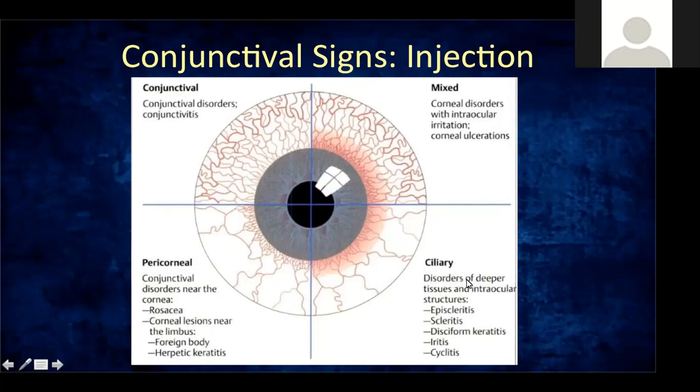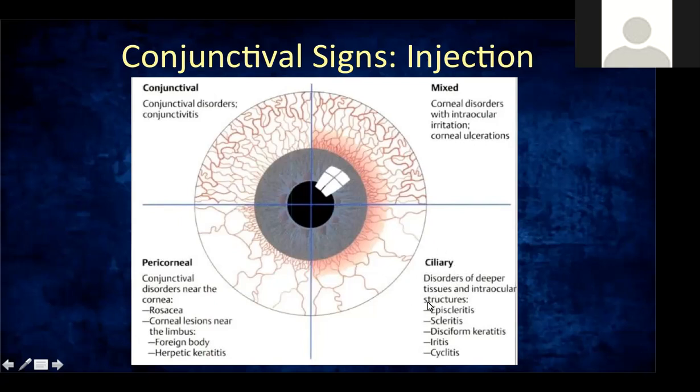And then you have your ciliary injection. Okay. Well, when you say ciliary, the redness is located in the area where you expect the ciliary body to be. The ciliary body is a structure that is deeper in the eye. It's underneath the sclera. There's an area here where you expect to find the ciliary body. Now, the redness is again deeper. It seems to be within the sclera. But it's still, again, beyond the cornea, not just adjacent to your limbus.